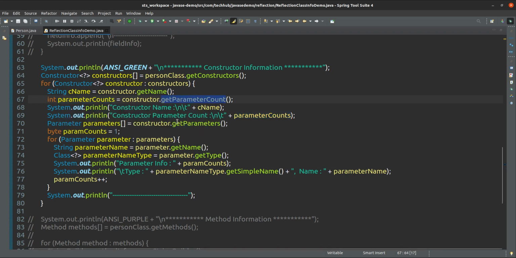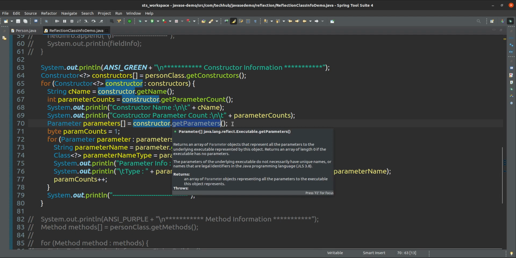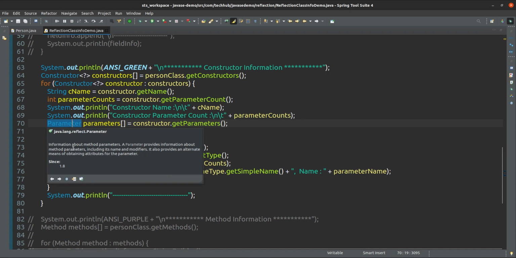And parameters also we are getting here, this is a parameter, again a class that is available under the java.lang.reflect package.